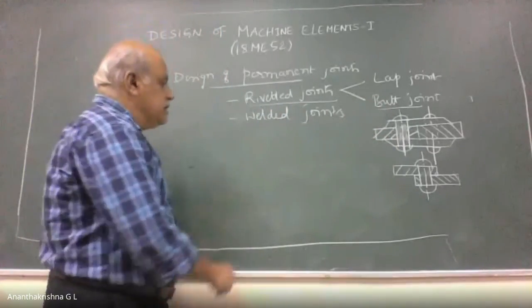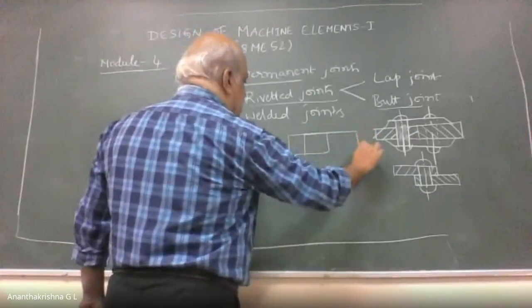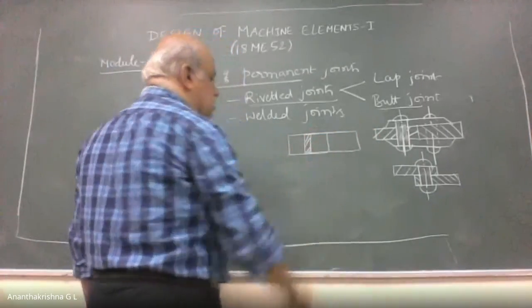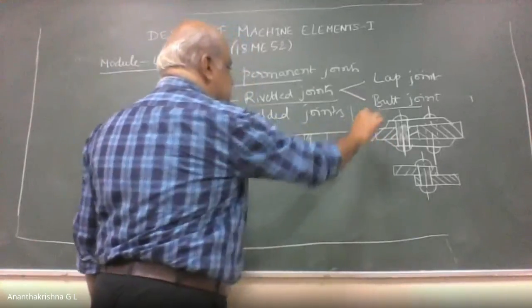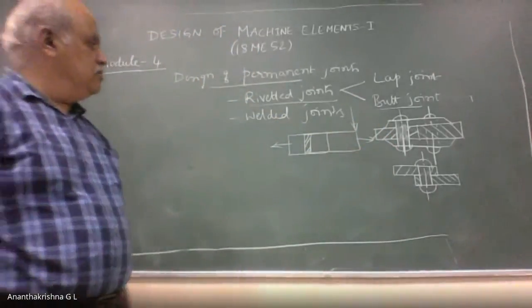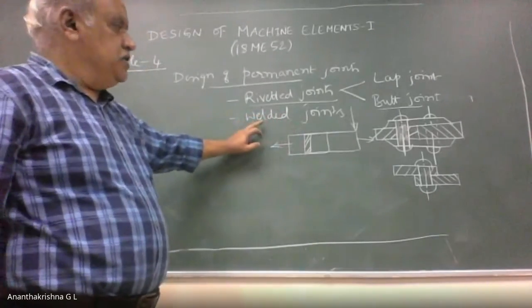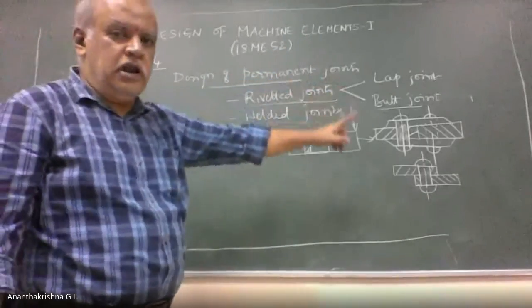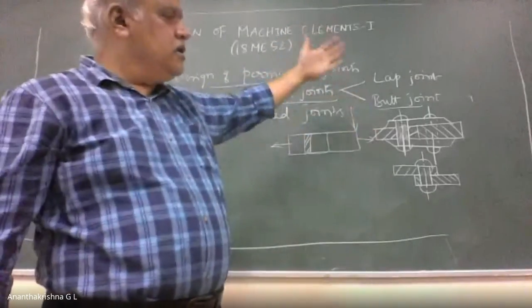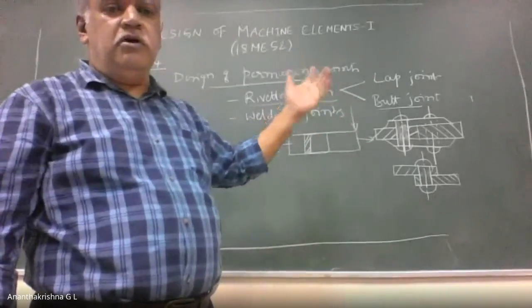And then in case of welded joints, we are going to have different types of welding. Okay, so it may be subjected to axial loading, and also it is subjected to transverse loading. So depending upon the type of loading, we are going to do design of welded joints. And design of riveted joints, essentially you will have single row lap joint, double row lap joint, triple row lap joint, or in case of butt joint it can be single row, double row, triple row butt joints.